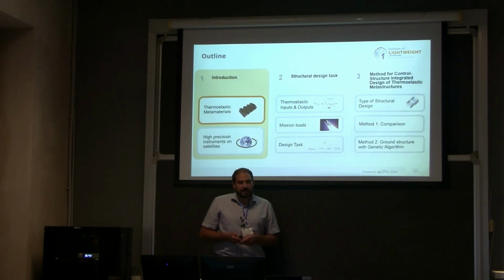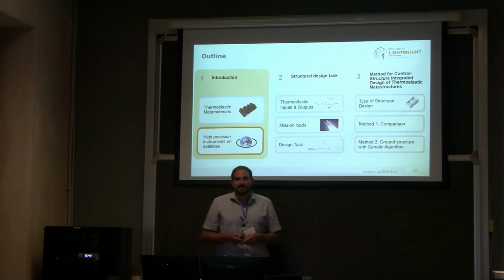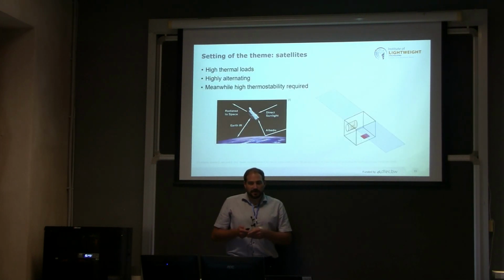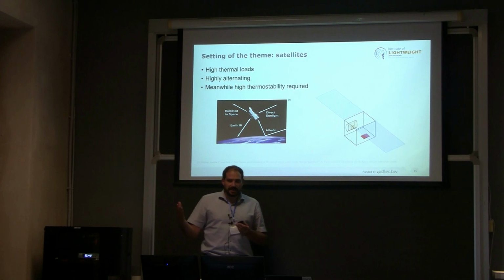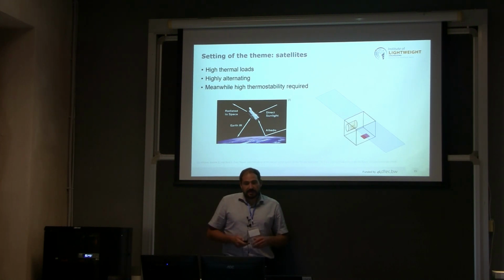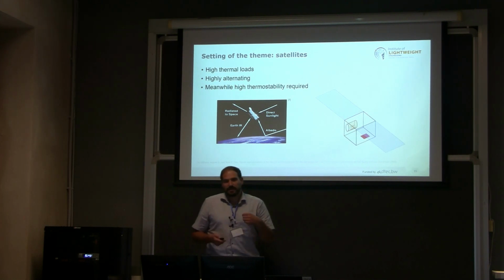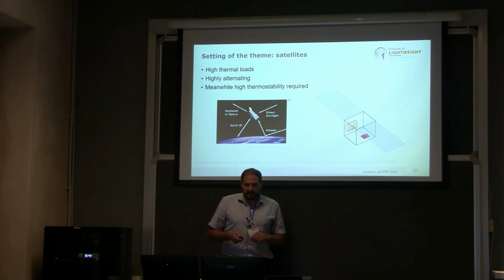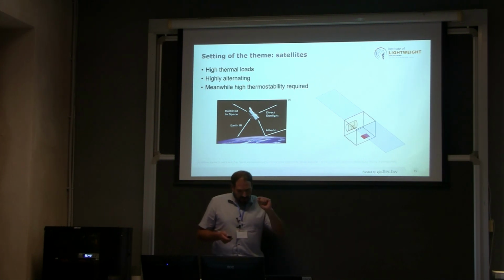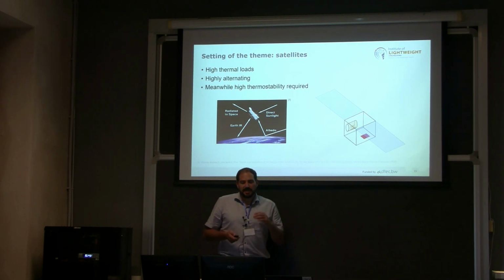Let me now talk about the challenge, which is high precision instruments on satellites. If you look at satellites, you have very high thermal loads when the satellite orbits the Earth. It's sometimes in the sun, and behind the Earth it's in the shadow, so it gets warm and cold, and these loads alternate strongly. In low Earth orbit, one orbit takes about 90 minutes, and at the same time you need high thermal stability. Here I put a scheme of a satellite where you see the solar cells, and these orange tubes shall illustrate